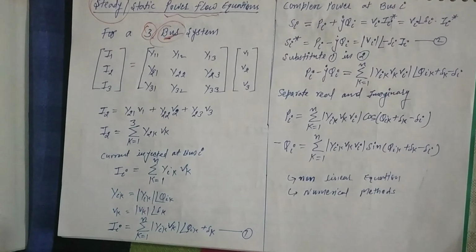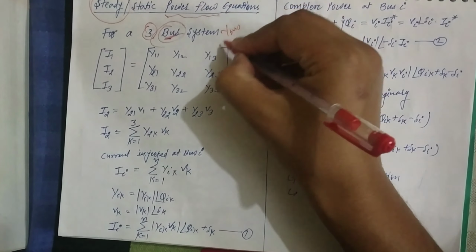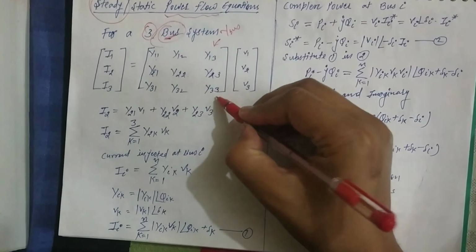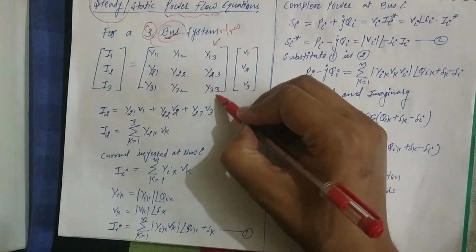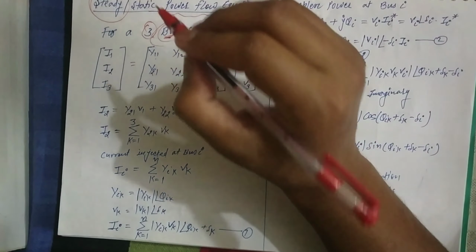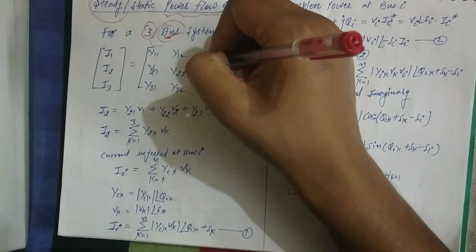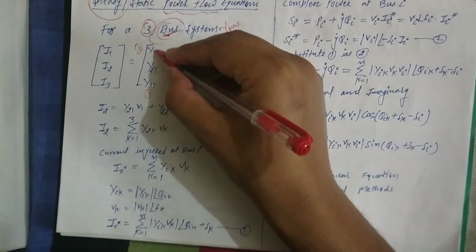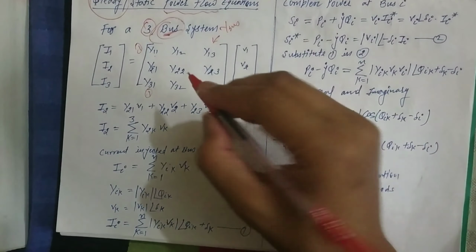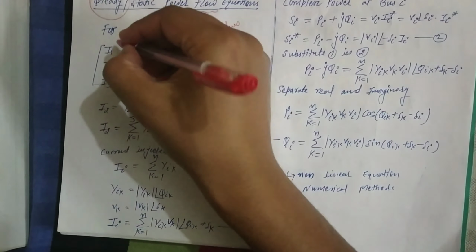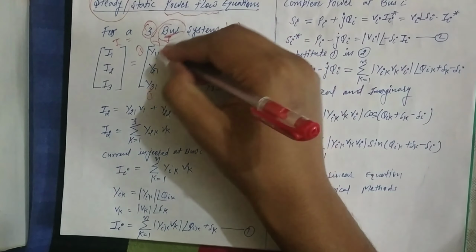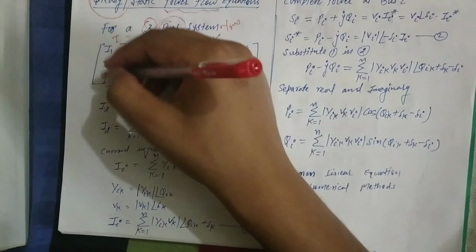In the last class I told you about the Y-bus matrix. This is the Y-bus matrix. I am only writing Y11, Y22 and Y33 in the place of diagonal elements. Here I am writing only the parameters according to the row and column. This is the row first and this is the column first. So Y11, Y12, according to that I am writing here. So I equals Y into V. This is the Y matrix, V matrix and I matrix. From this we are doing the power flow equations.